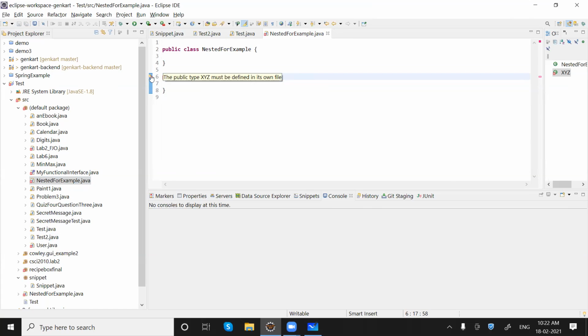It is saying type because we haven't studied user defined data types yet. Integer is a type, float is a type, a class is also a type. That's why it is saying the public type xyz must be defined in its own file. That means you have to create another Java file, then you can keep it public, or just make it a default one, then it is fine. Getting this point, guys?